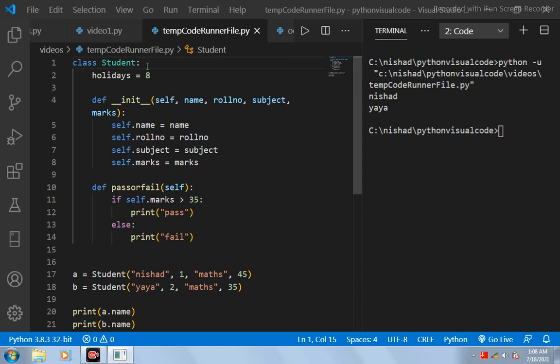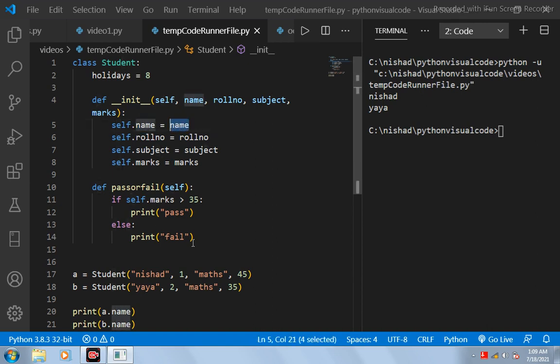First of all, let me tell you that this name, roll number, subject, marks, you can see that these attributes. In the previous video I have told you that these are object attributes, right? So these object attributes are basically object or instance variables. Why are they called variables? First of all, because what is the work of a variable? A variable stores a particular value, right? We usually do this, name equal to Nishad, so it is storing this Nishad string. So these attributes are similar to variables because they are storing a value.